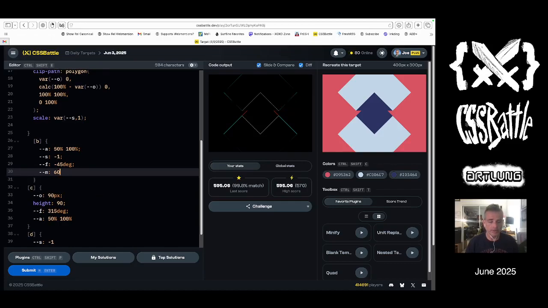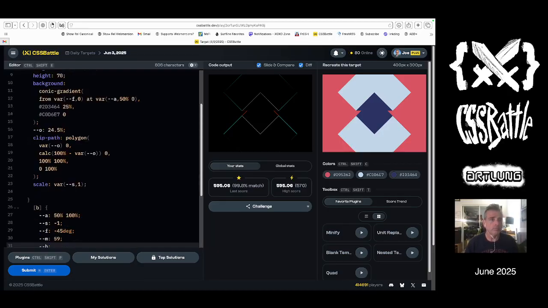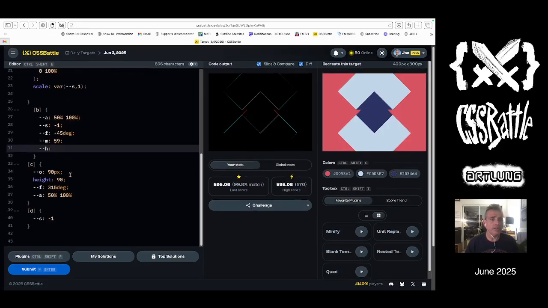It gets slightly better. 59. And if I change the height, oh, I don't have a variable for height. What if I change the height? So height, I'm going to say